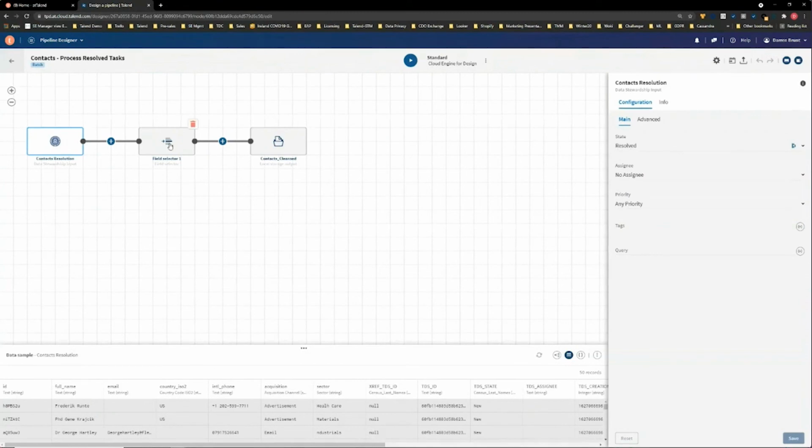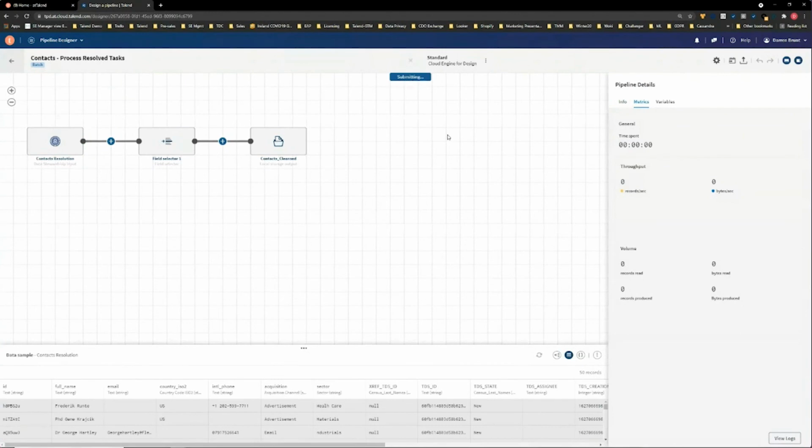We're going to filter down what we need to select from those tasks, and then ultimately add them to our contacts cleansed outcome. And if I run this process, again, this process would run with increasing frequency, maybe once a minute or once every half hour or whatever it might be, to help mop up all of the stewardship activities. What hopefully we should see is an additional record being processed through the platform from the resolved task that I actually completed. And there it goes, that one record for our doctor has now been processed and added to the contacts cleansed data set.